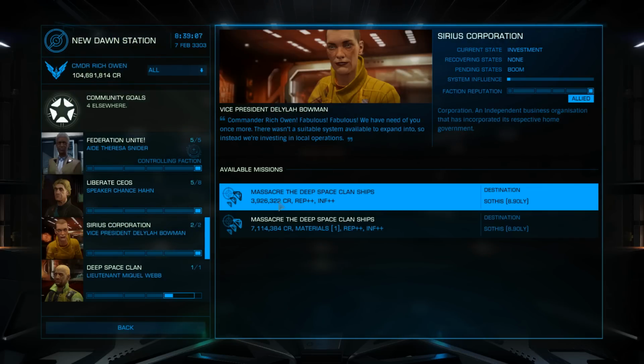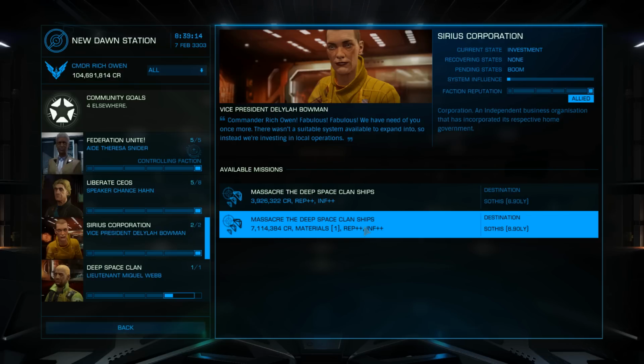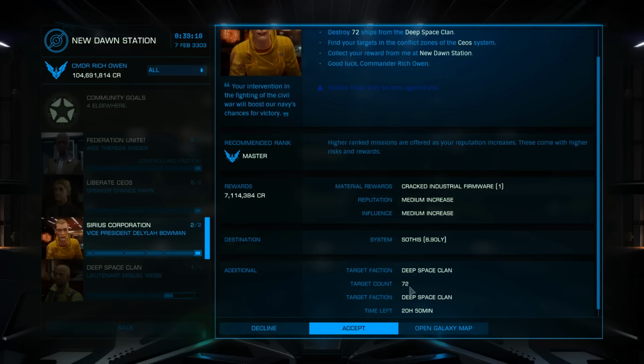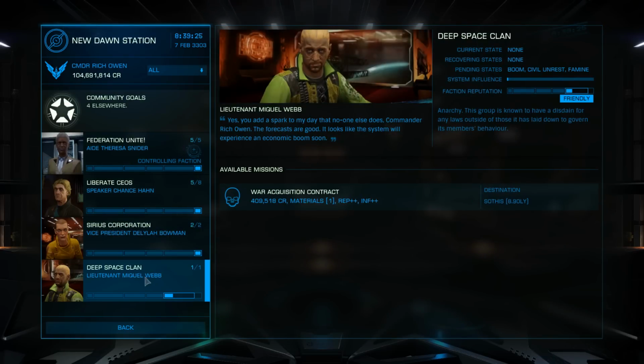Moving down now, what else we got? Massacre missions. Don't want to do any of those. That might affect my rank, even though, you know, there's 7 million there. They want me out of here, obviously. But I've got to kill 72 ships in 20 hours. Not undoable, I grant you. But I don't want to go